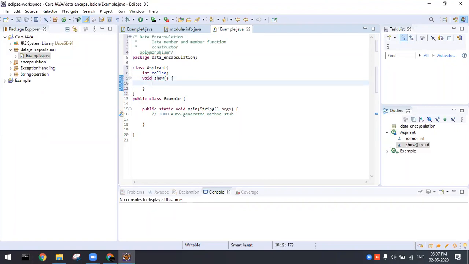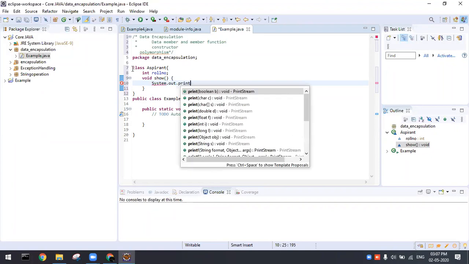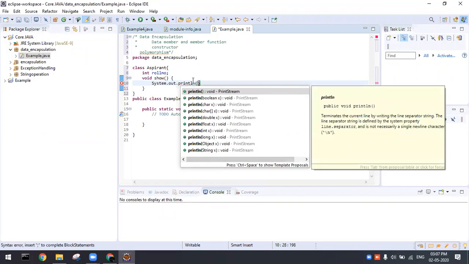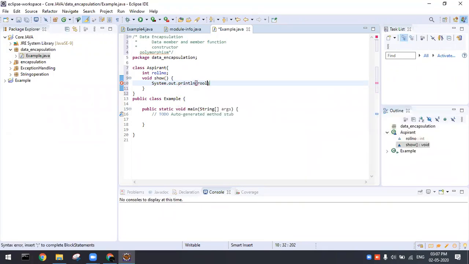Inside it, System.out.println, I'm going to print roll number. As per the definition, this roll number is an instance variable, and it has scope inside a class. Inside a method, that is also a data member of the class. So that is Aspirant.